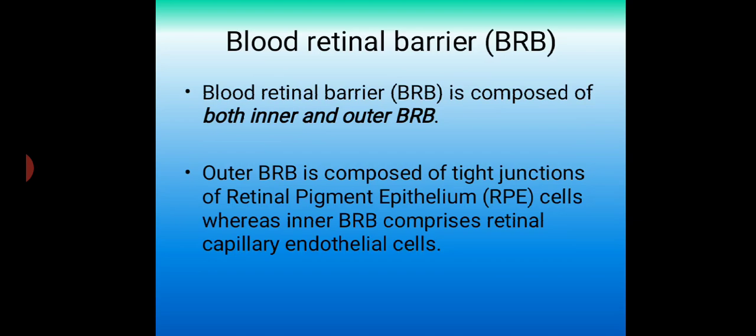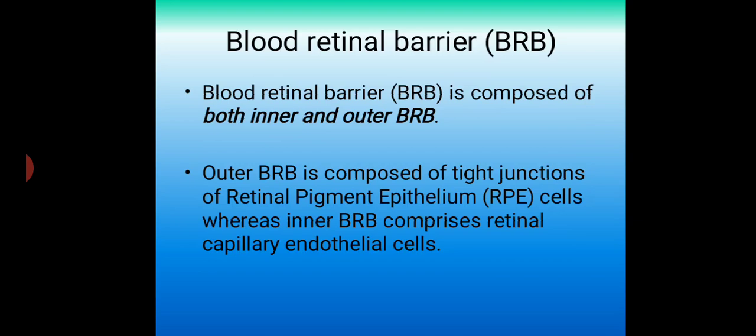Okay, so the retinal pigment epithelium, that means it is the epithelial cells of the retina, along with the endothelial cells of the capillaries which carry the blood into the retina. So the capillary walls, or the endothelial cells of the capillary, along with the epithelial cells of the retina, contribute together to form the tight outer layer of the blood retinal barrier.